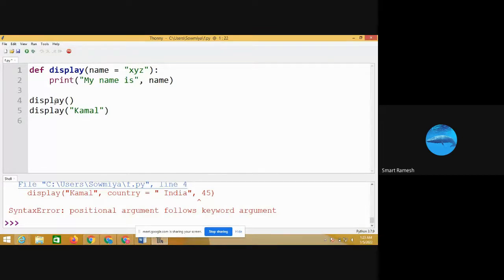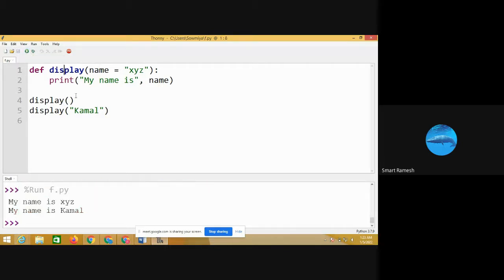Here I am calling the function display. Name equal to xyz. What is the output? The output is xyz because I did not pass any argument. So it considers name as the default argument. The default value is xyz.